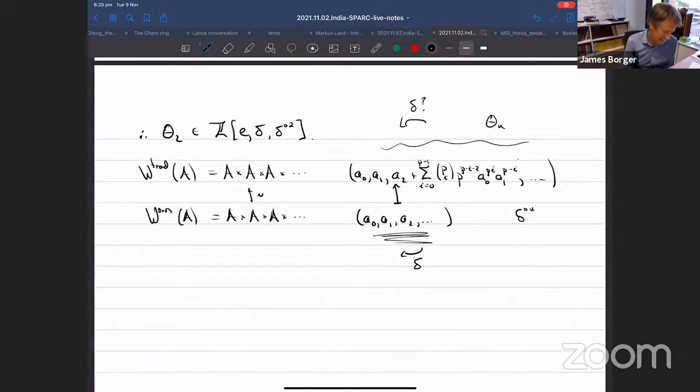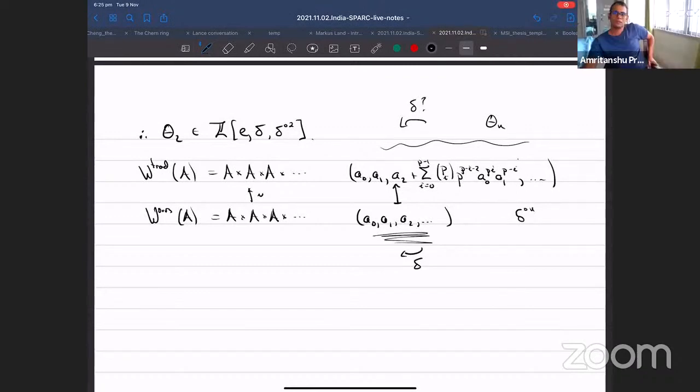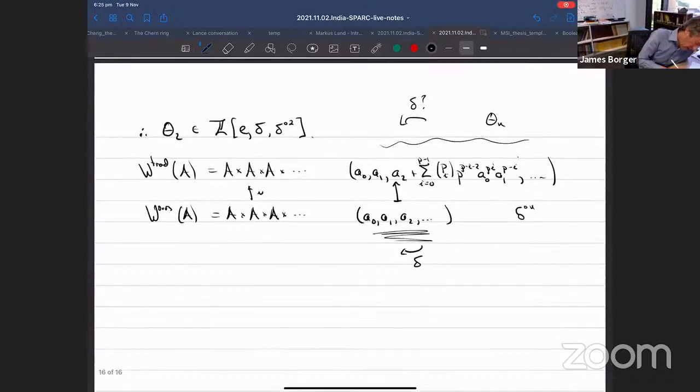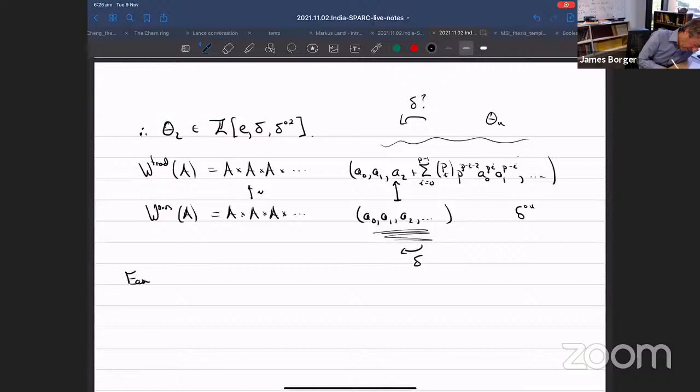Well, let's see. Yeah, it's good to think of the pluses and minuses of the two different coordinate systems. Let me just quickly say the key theorems, and then maybe we can talk about that or put it off to next time. So first, it's easy that the theta n generate